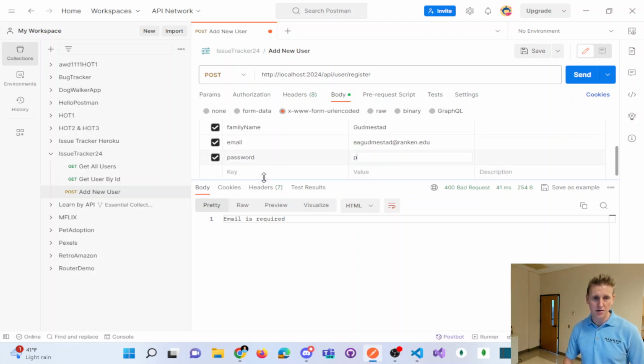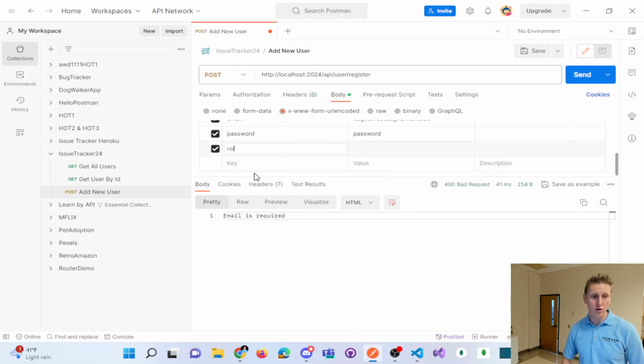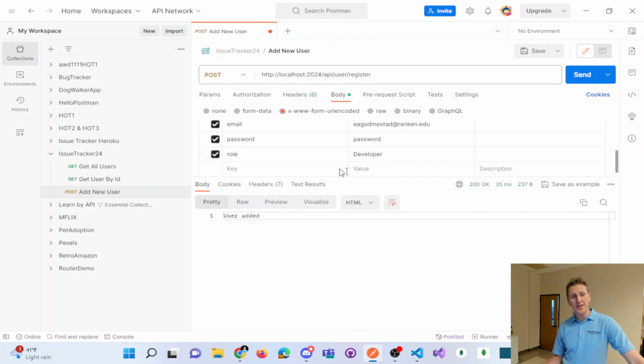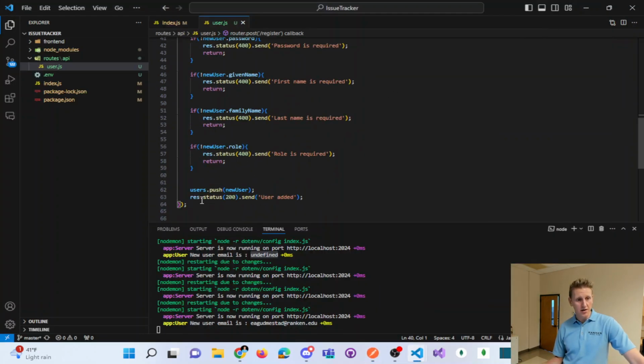Password. And role. So if we do all the things right, then we get a user added, and what we should do is our success message. We should say,